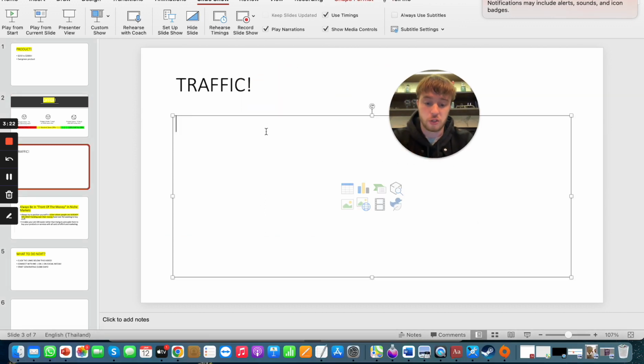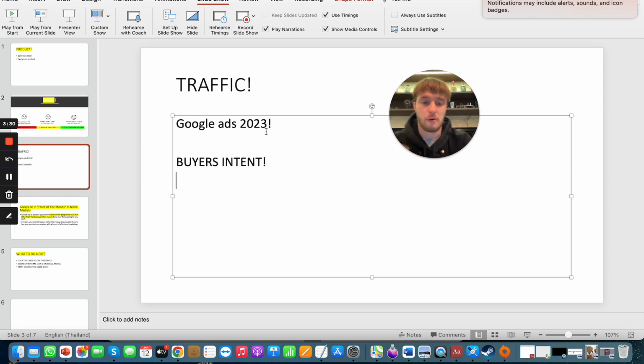And the last thing is traffic. As I said, we use Google Ads in 2023. Why? Because it's all about buyers' intent. People are on Google to search for solutions to their problems. That's why Google pay-per-click, Google PPC. If you're an affiliate marketer, you know it means Google pay-per-click. Because of buyer's intent, it's very important, because people are already there to search for the solutions to their pains and problems. So if your ad appears there, if you take the opt-in, if you build your email list, you have the asset, then you can step by step scale up and get results.